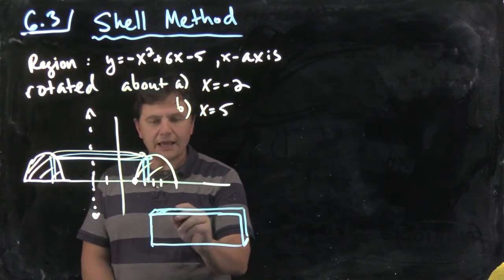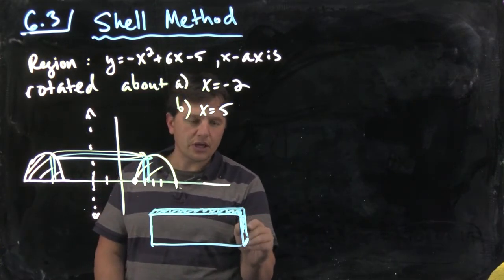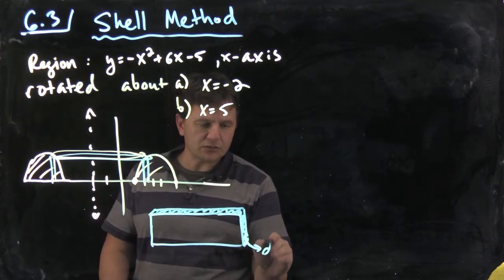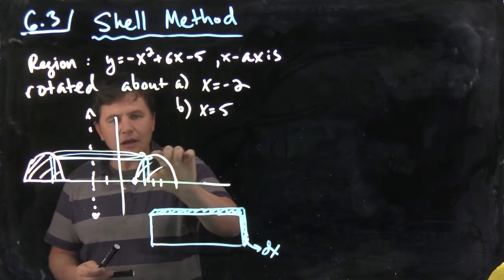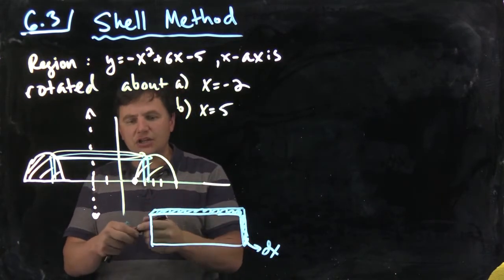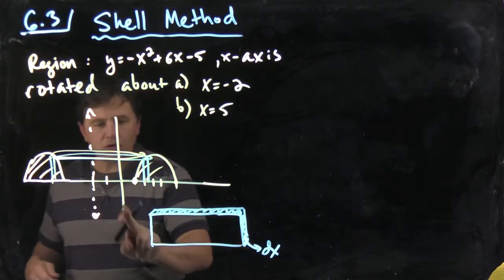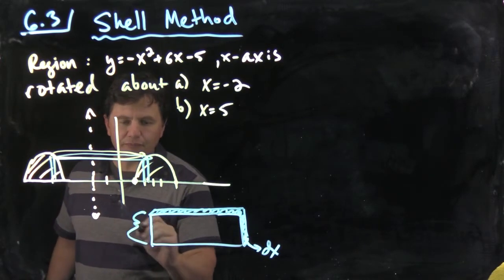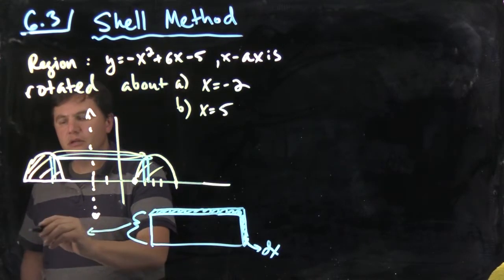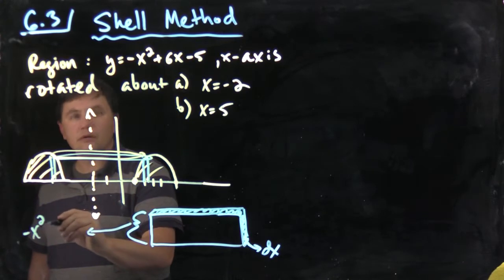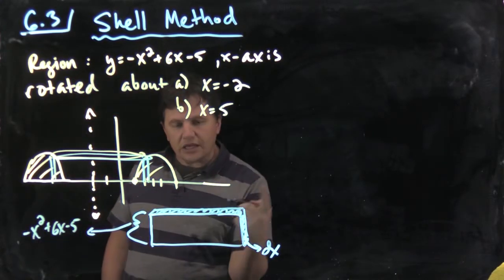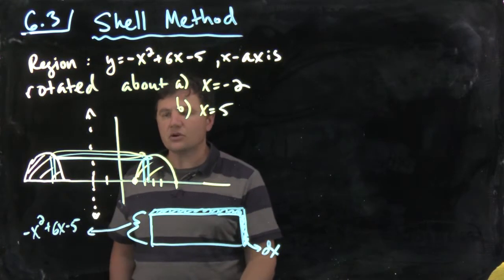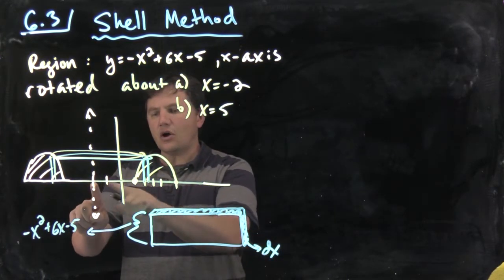Okay, so once again, the thickness here is an infinitesimally small change in x, or dx. The height of the shell, I want to point out, doesn't change. The height of the shell here is still going to be this function, negative x squared plus 6x minus 5. The length of this shell is still going to be the circumference, but notice what's happening is the r is